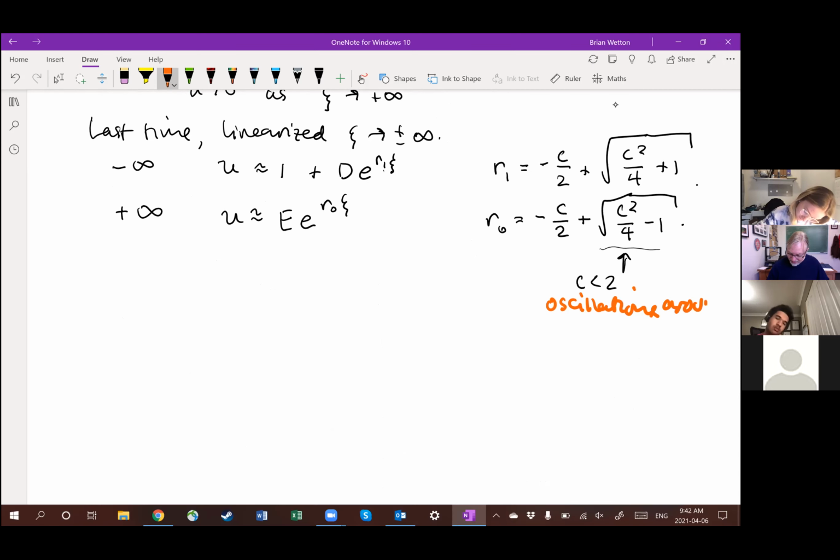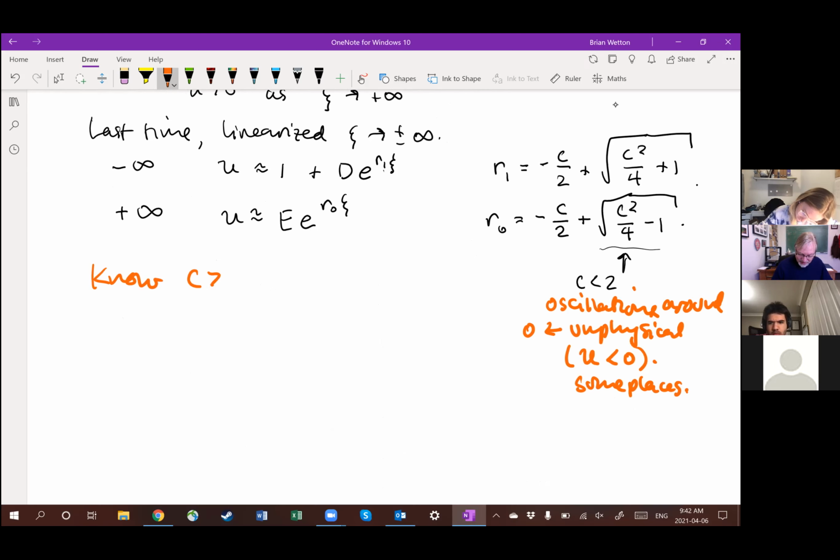around 0. These are unphysical, right? Because u would have to be less than 0 in some places. So now we know that we have to be looking for c bigger than or equal to 2 when we're looking for traveling waves,